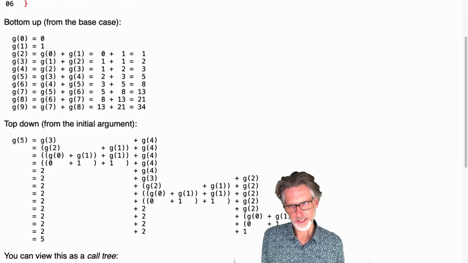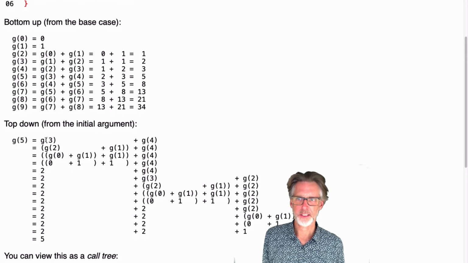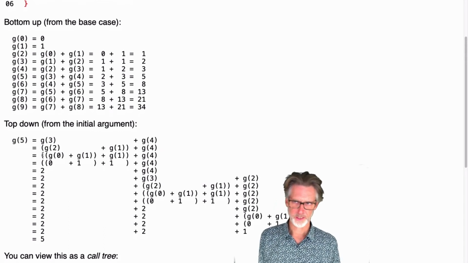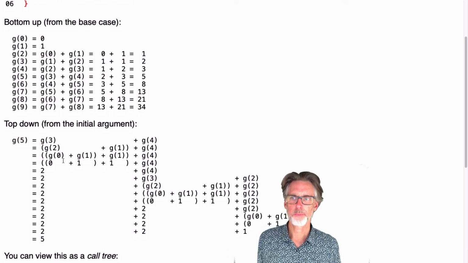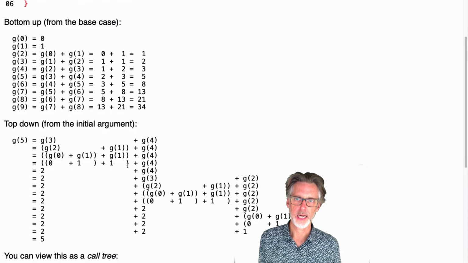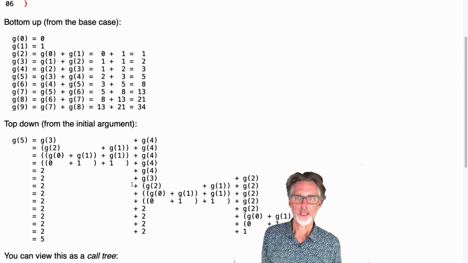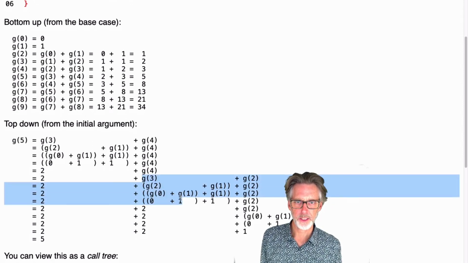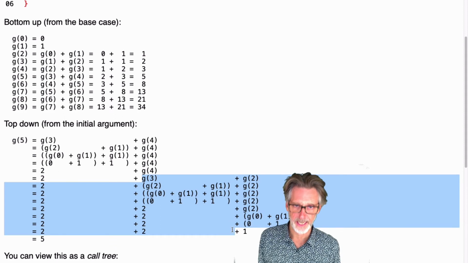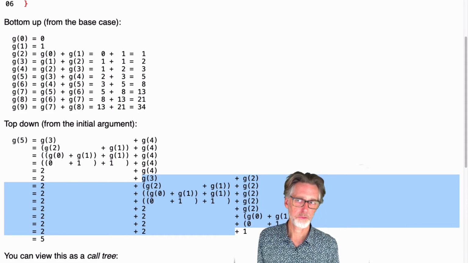So in particular, let's think of g of 5. Well, that's g of 3 plus g of 4. What's g of 3? Well, that's g of 2 plus g of 1. Well, what's g of 2? That's g of 0 plus g of 1. So to get to a base case here, you've got to do quite a lot, all right? But then g of 4, of course, has to be g of 3 plus g of 2. So note that in computing this, I'm going to compute g of 3 all over again